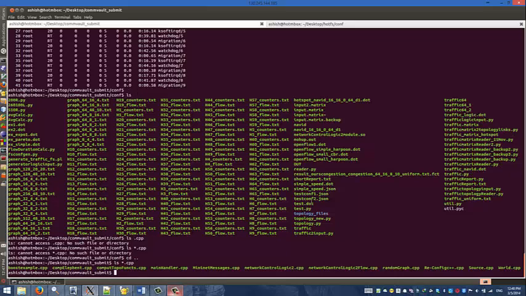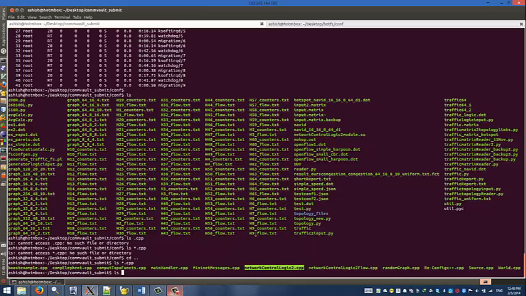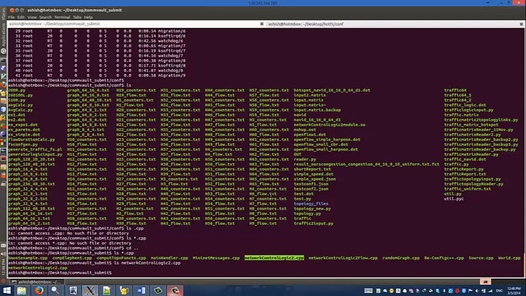There are these C++ files in which we have put all the traffic logic. The main file is this traffic control logic 2.cpp that has the base logic of forwarding the main flows. There is a second file, traffic network controller logic to flow, that is specifically for forwarding the elephant flows. So if I open the file,